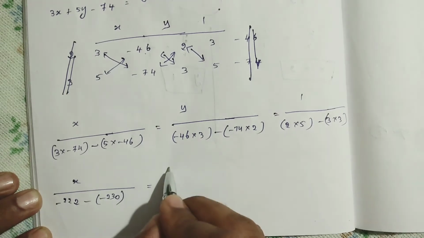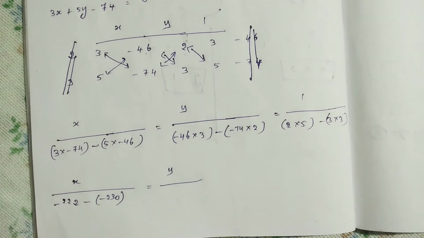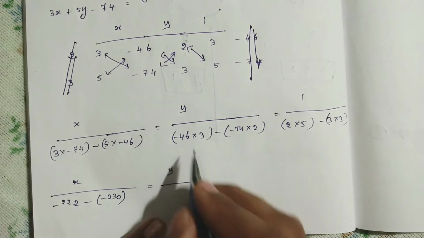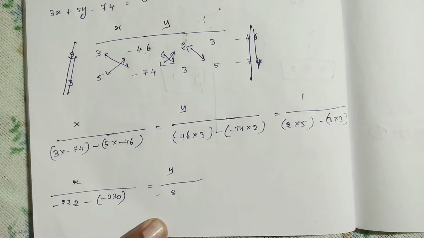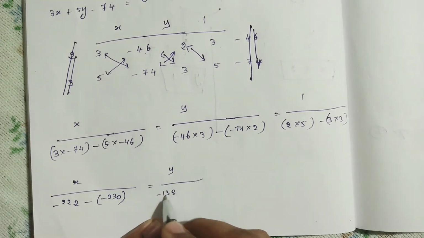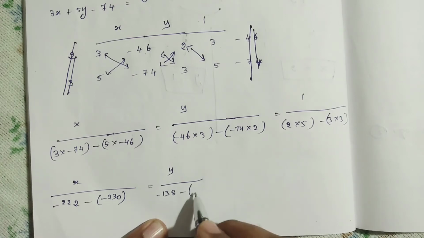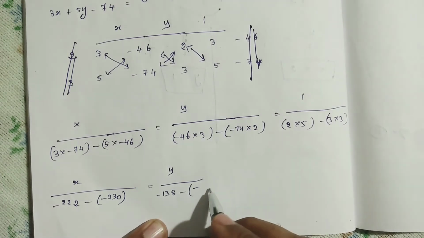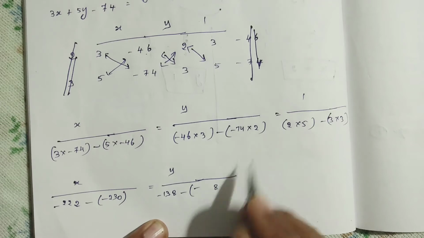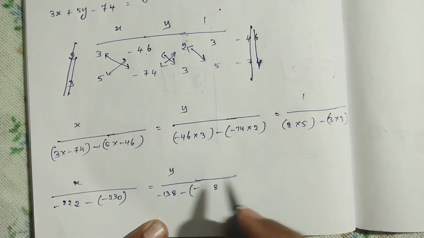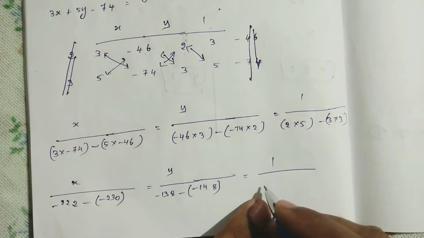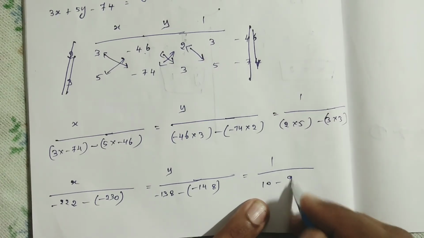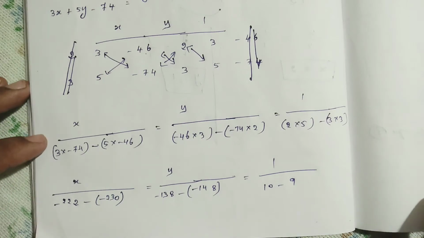Clear? Which is equal to y divided by 46 into 3. 6 3s are 18, that is minus 18, 8 remaining 1. 3 4s are 12, 12 plus 1, 13. Minus, then plus into minus, minus 7 into 4, that is 8, sorry, 2 into 4, 8, 2 into 7, 14, which is equal to 1 divided by 2 5s are 10, minus 3 3s are 9. Are you all clear? Any doubt?